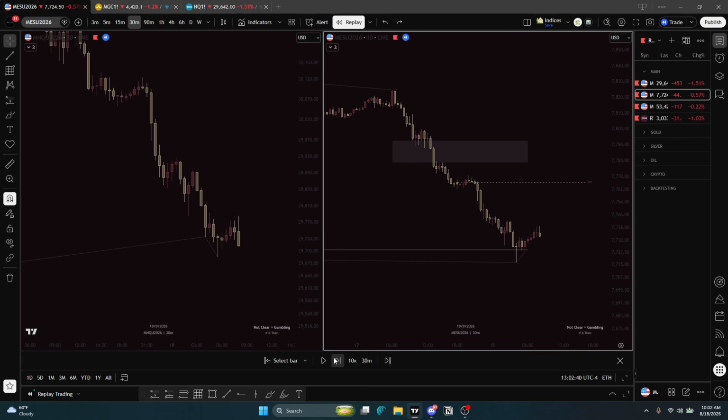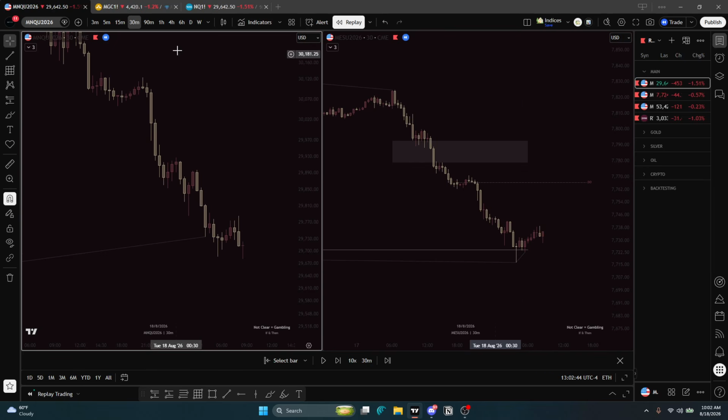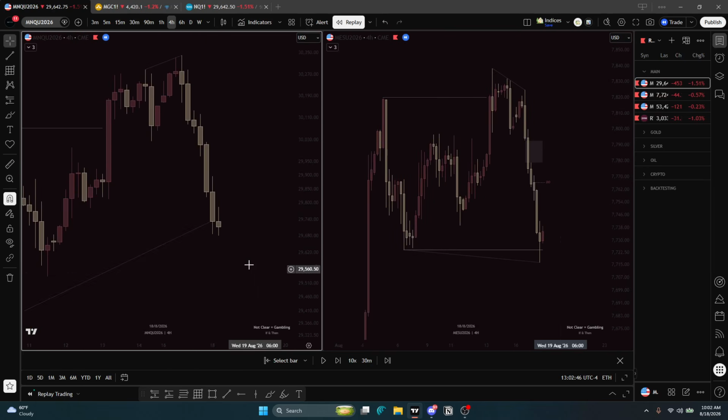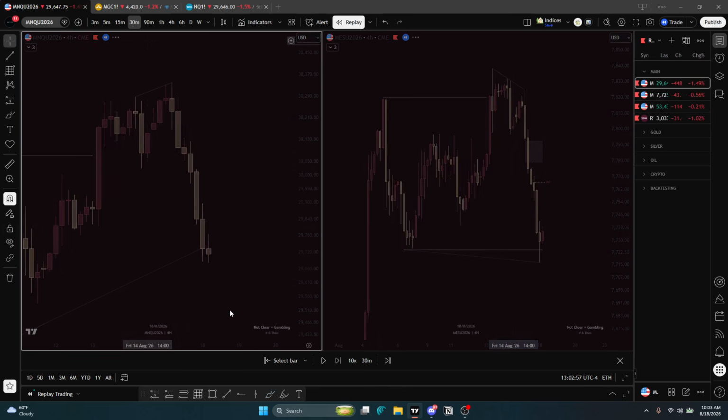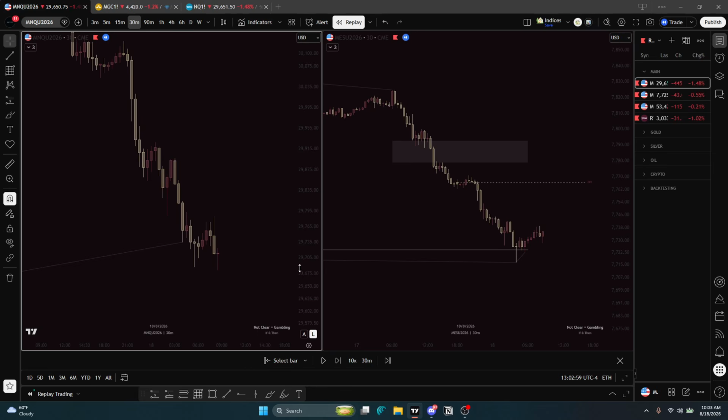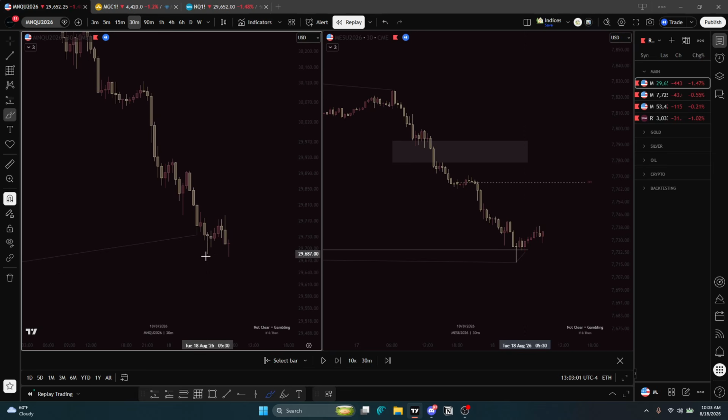Then 8 a.m. decides to, at 8:30, resweep the low. So this looks like shitty SMT, but we technically reswept the previous 4-hour low at 6 a.m. because 2 a.m. didn't close with a proper reversal, and there was no proper reversal within this wick here. So if we hit the key level, create SMT, and create that swing point, and price doesn't